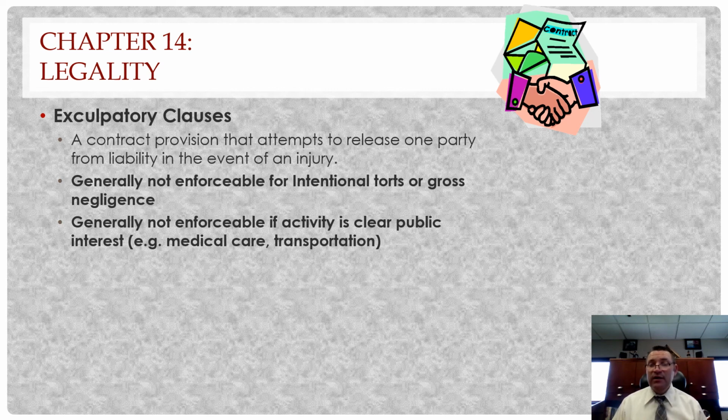Medical care, right? You couldn't, every time you walked into a facility, have to sign an agreement saying, I will not sue you for anything that you do, right? A medical malpractice type of situation. No, they can't do that either. We all need medical care, so it'd be bad public policy, right?